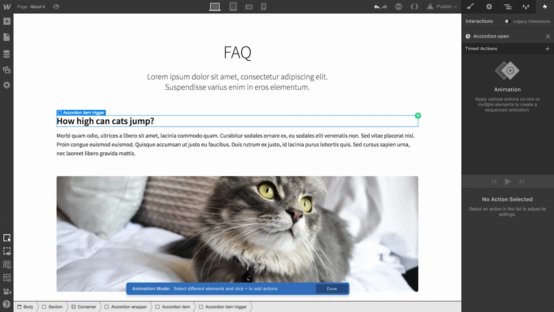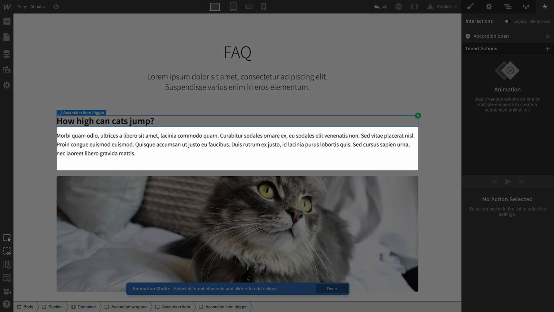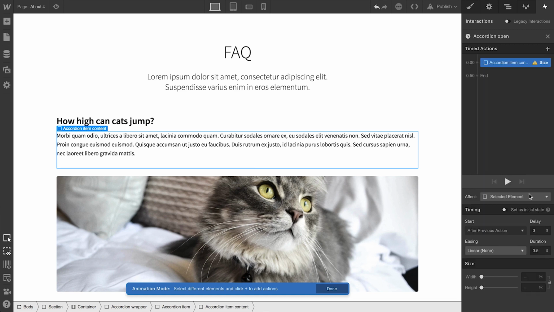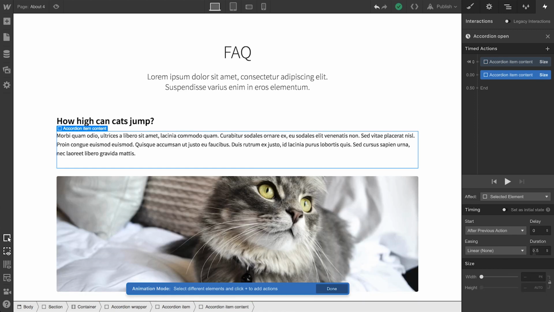Now, we don't want to animate the trigger itself. That's what's currently selected. Instead, we want to animate the content. So we'll make sure to get our content selected. And there are 2 points here. For the first one, we'll set the size. We'll set the height to 0, and that means we're collapsing the content. And since we want the content hidden when the page first loads, let's make sure to set this as the initial state. We're halfway there on these 2 points, just need to create one more. Let's affect size again, and instead of typing in a value, we can simply select auto. That's it. So if we hit play, we can see it goes from a 0 pixel height to auto.